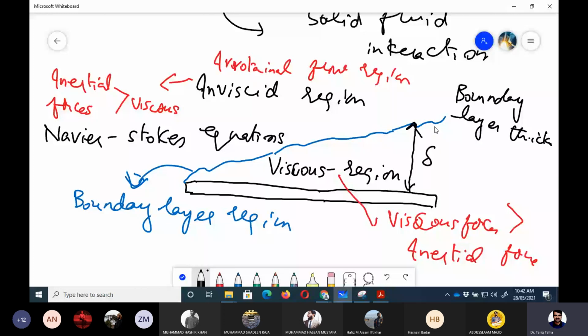So it means that delta is a region where the velocity u upon capital U, the free stream velocity, is less than or equal to 0.99. So if the velocity is different from the free stream velocity, it means that in that region the presence of that body is felt. That is the region where viscosity is dominant. This boundary layer grows as we move along the plate.